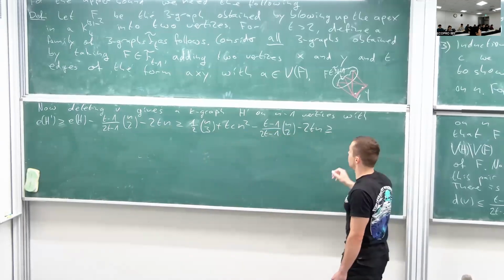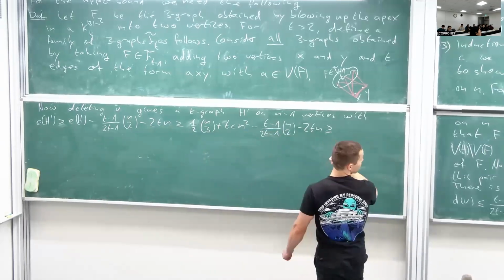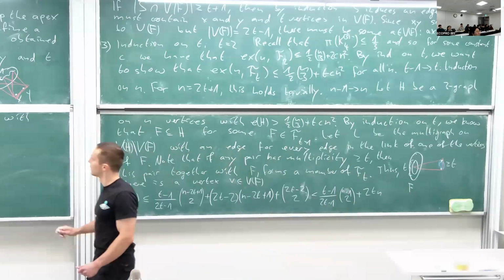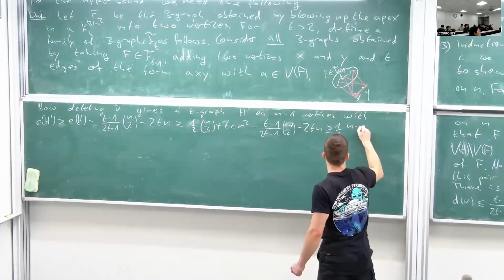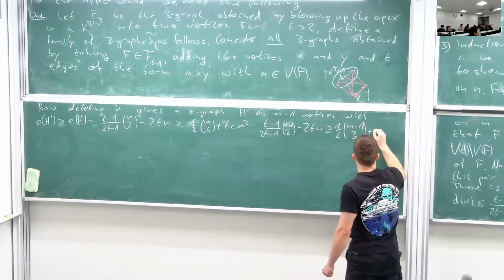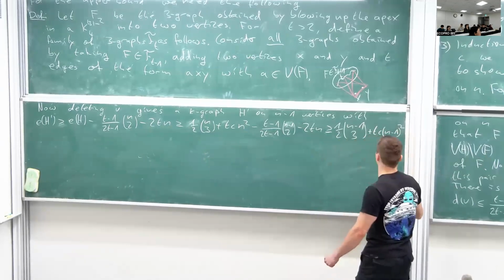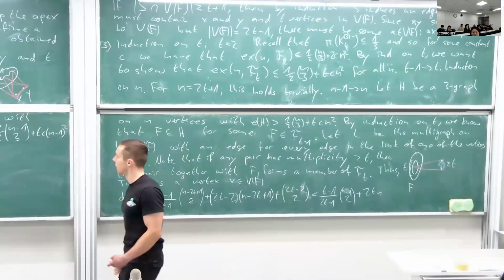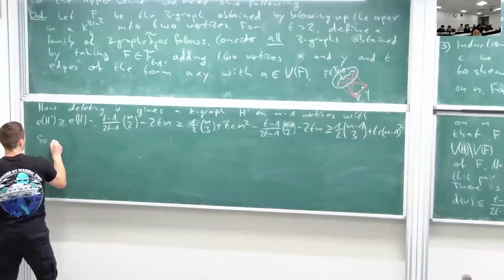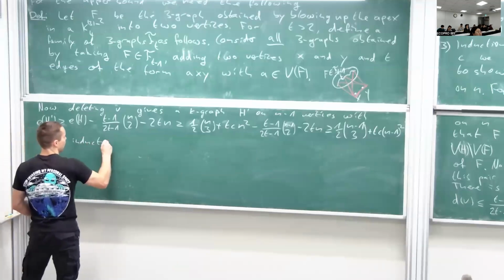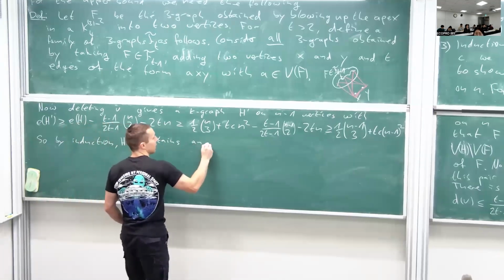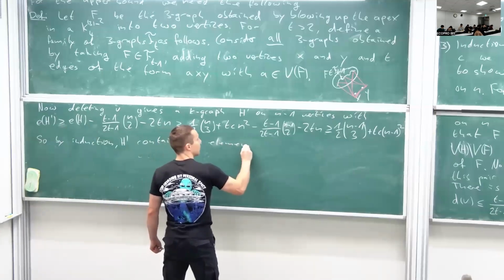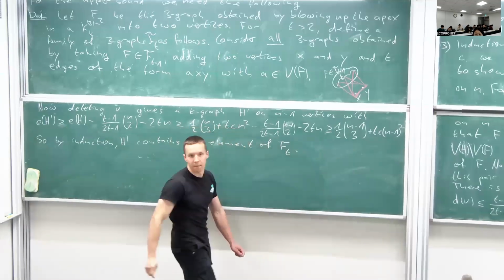And then here we get that this is greater or equal than (n minus 1 choose 3) plus tC(n minus 1) squared. Okay, and so by induction, H prime is